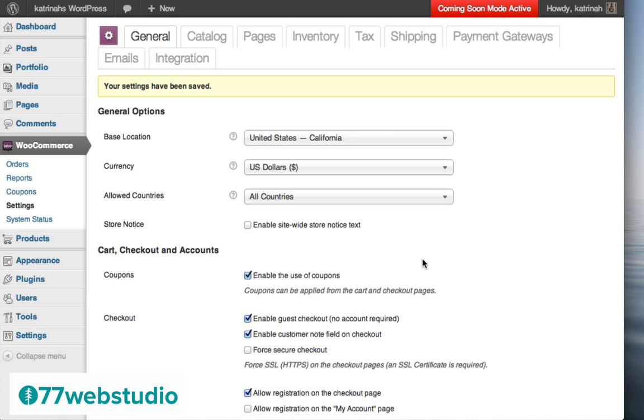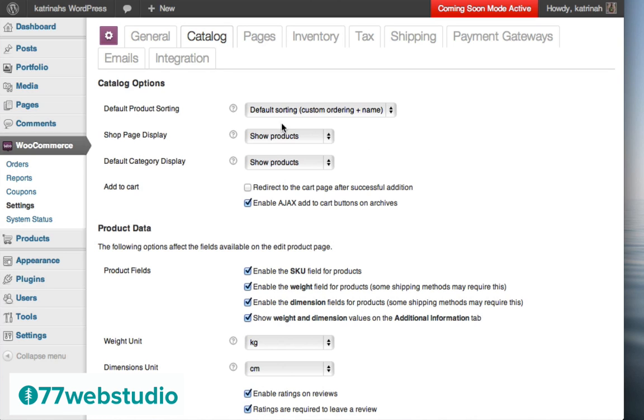Once the settings have been saved, note that at the top there's all these additional settings that we can choose, all separated by these different tabs. There's a number of different settings on all these additional tabs right here at the top. So I'm just going to go through them one by one, starting with the Catalog tab. So I'm going to click on Catalog, and here we can see there's a number of different catalog options